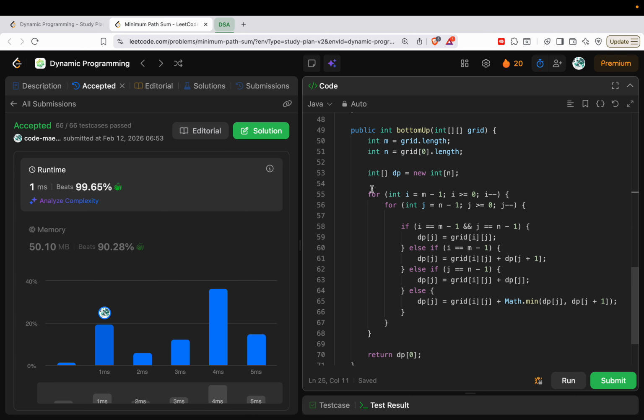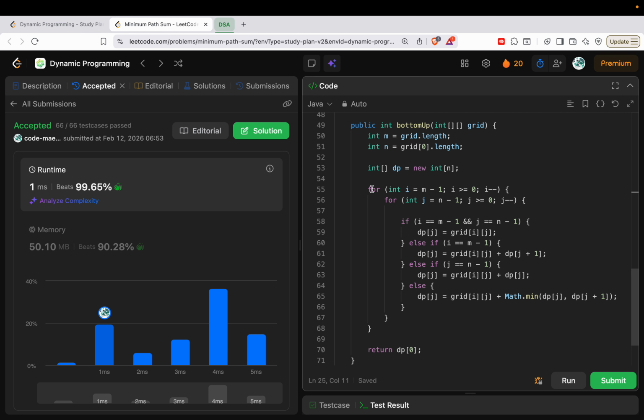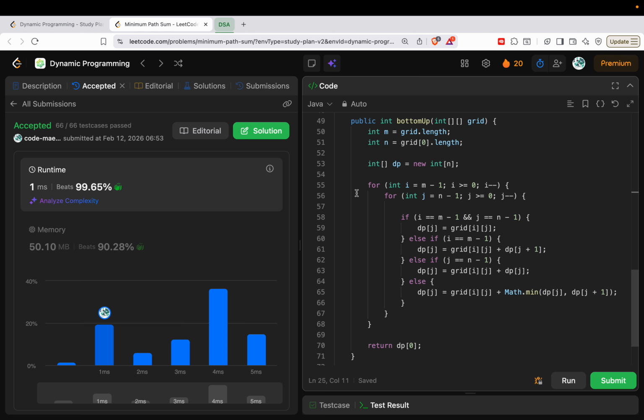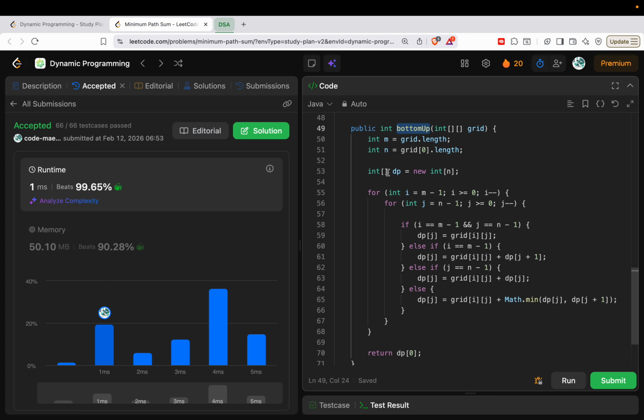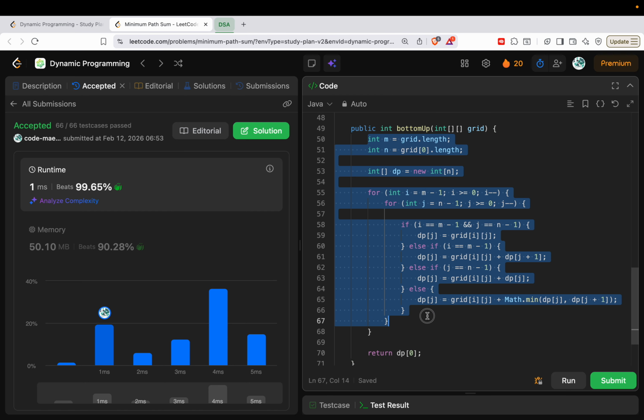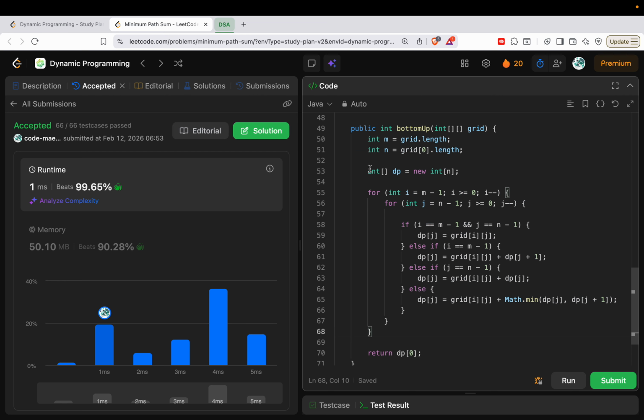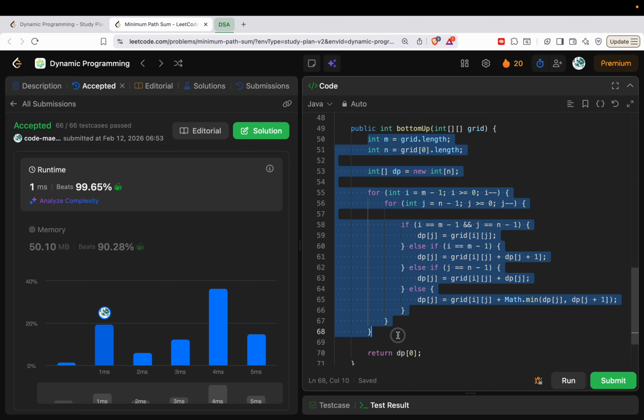Okay, as I previously mentioned, you should practice both top down and bottom up approach when you are preparing for interviews. Okay, it's very very important. If you are thorough with both the approaches, then only the chances of you getting selected in interview are high. Okay, so in the bottom up approach, definitely the bottom up approach is far better than the top down approach, because there is no space coming from the recursion stack. Okay, so it's important that you are implementing this solution